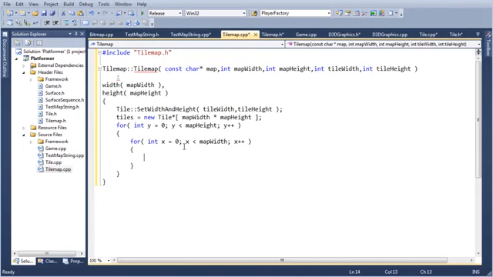So how we do that is we loop through the x's and the y's, and we say, you know what? This is stupid.